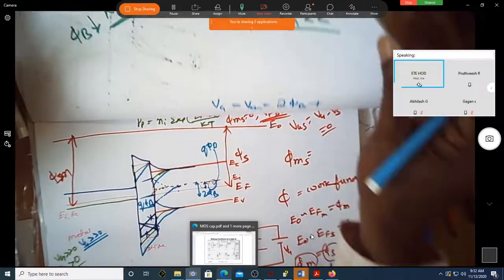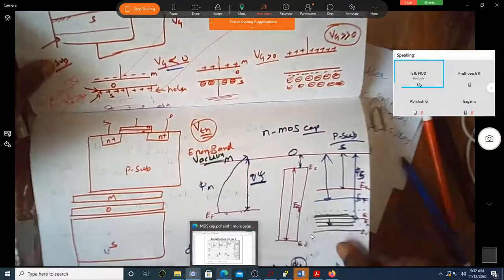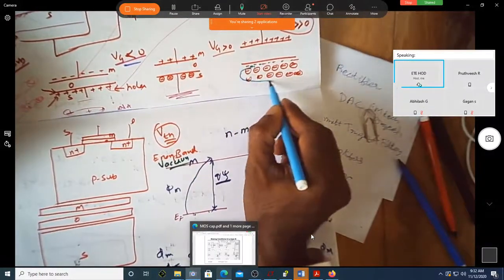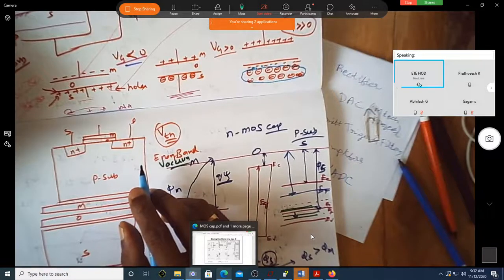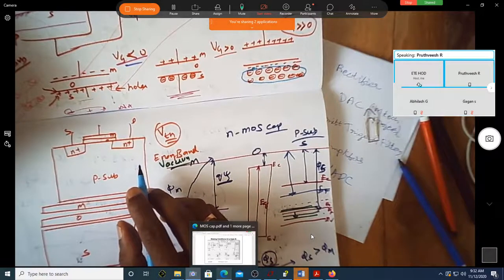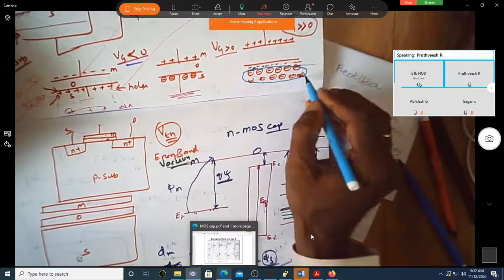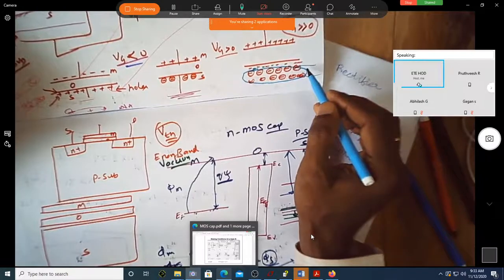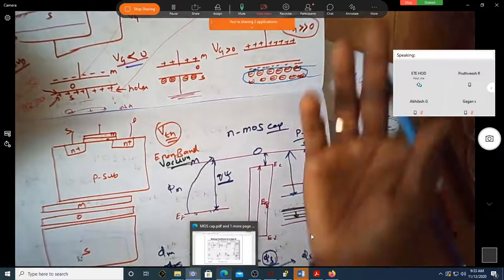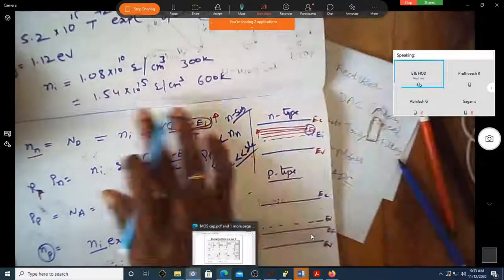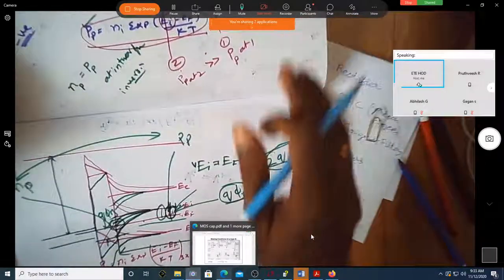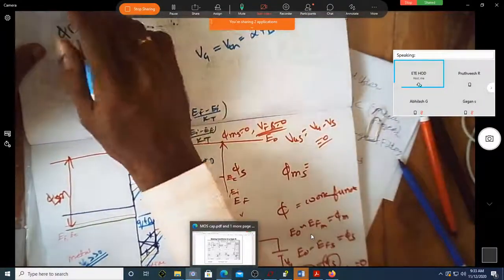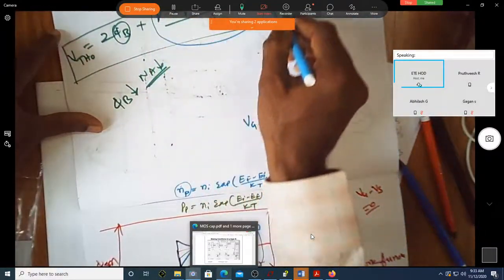Because as you can see here, even though you have this inversion happened, can you see this depletion region is still there? Does this have some barrier potential? So it has got some barrier potential. We need to overcome that also. So that's why, as it was written in the last class, you are supposed to have a voltage which is equal to 2 phi b plus this voltage.